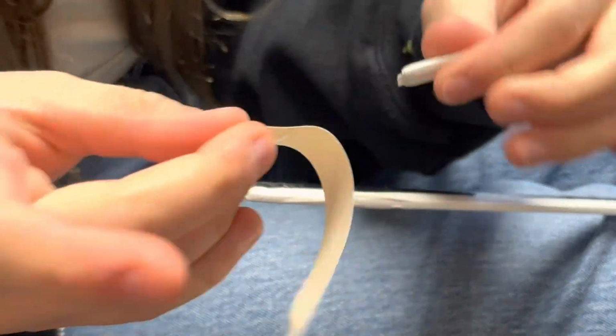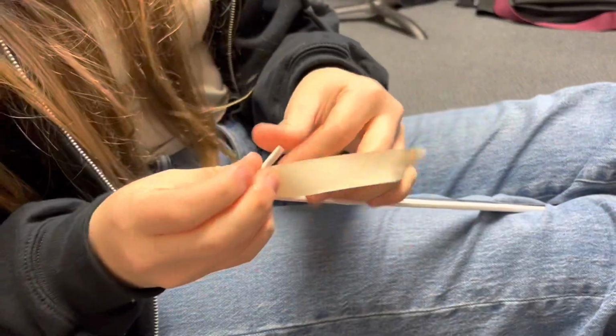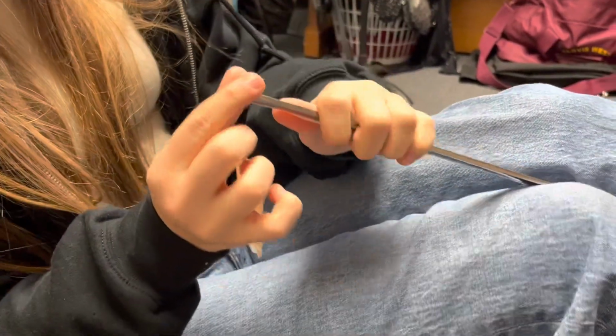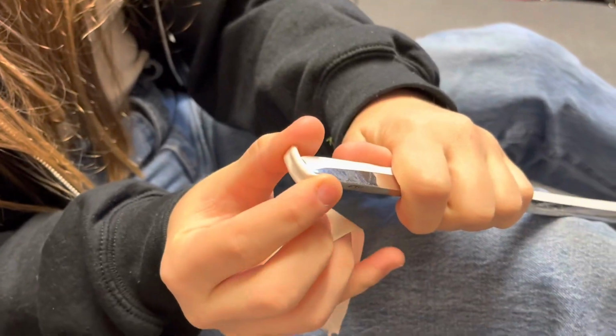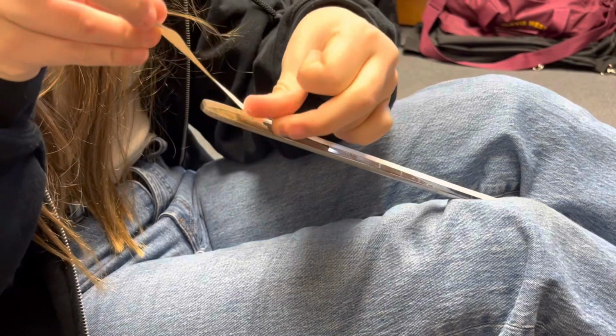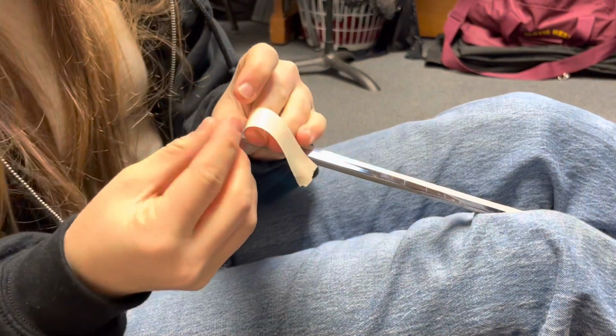So what you're gonna do is you're gonna take your burrito, you're gonna take a strip of tape. Don't make it too long. Make it a little bit shorter than the burrito size. And you're gonna try and position the burrito as well as you can on the tip of the saber, like that. And what I like to do is I like to put a little bit of the tape down first. That was just better to stick the burrito on. Then you place the burrito,